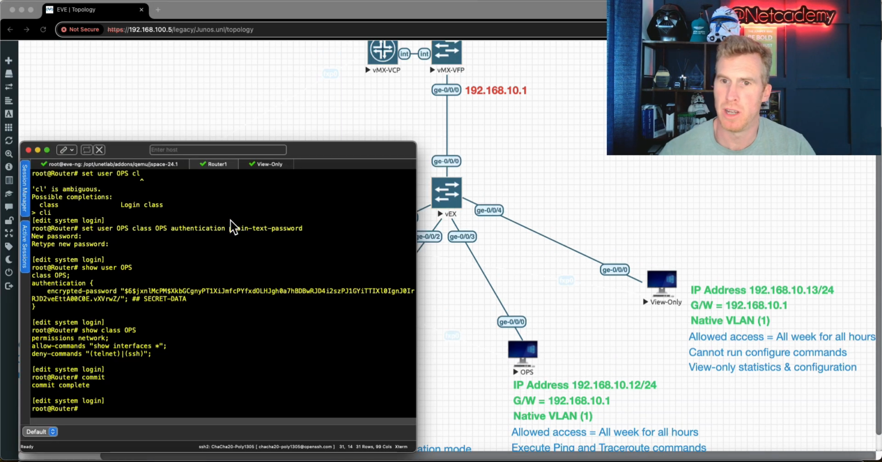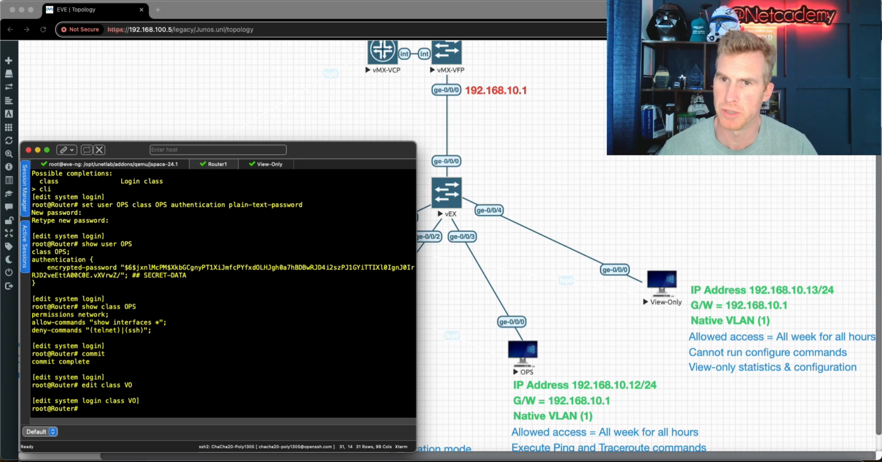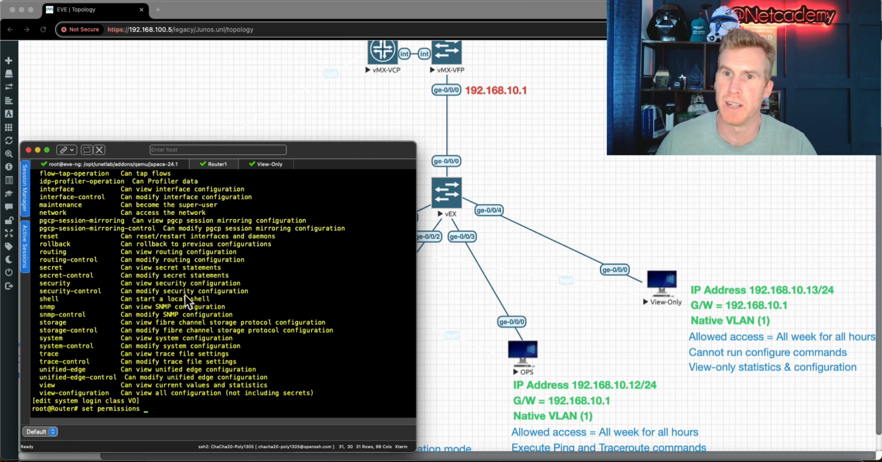So here we are, last but certainly not least, let's now configure the class for the view only. So let's do edit class, and I'm just going to do VO for view only, just to keep it short. And now let's do set permissions, because we need to permit the user to do view only on statistics and the configuration. That is a permission. And if I hit question mark right at the bottom, you can see view here, which can view the current values and statistics,